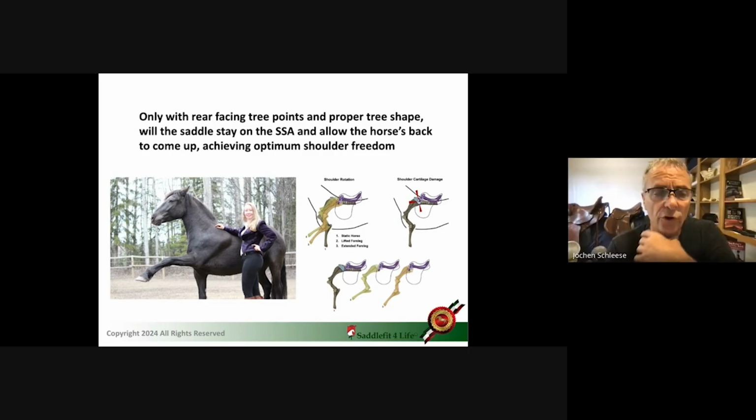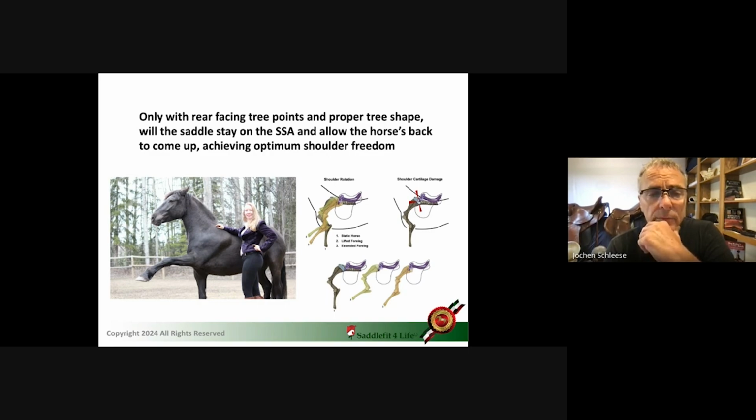Mm-hmm. Right? This is a term you hear pretty much everywhere in saddle fitting language or from trainers. I have yet to hear a customer say, "Oh, I'm trying really hard to ride my horse on the forehand." We kind of know that's what we're trying to avoid, and we would like to have the horse not on the forehand. So we would like to see the horse off the forehand.